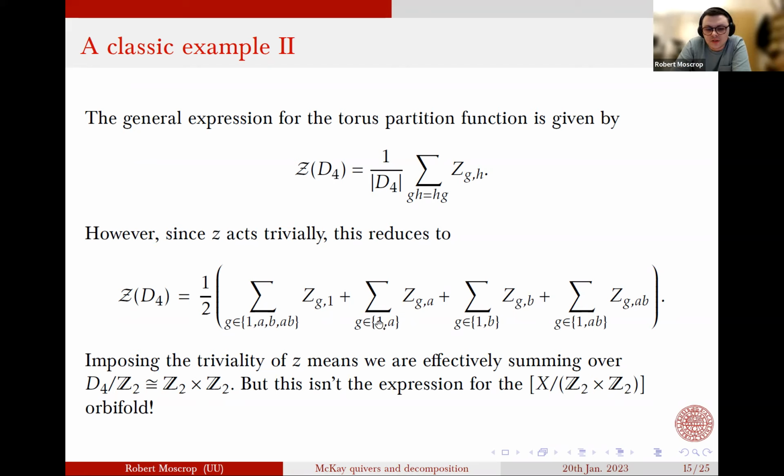If it were Z2 cross Z2, well then, because it's abelian, I'd have to sum over every group element in each term of these things. But really, this is not happening. Certain terms are missing from it. So it's not just exactly 2 copies of the Z2 cross Z2 orbifold, but is there some way I can massage this expression to make it more evocative of what's actually going on? And I can just bundle it up like this.